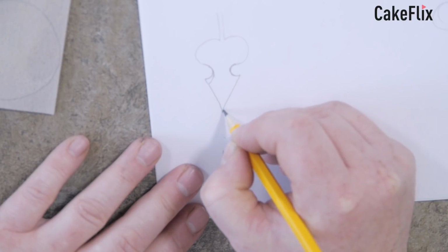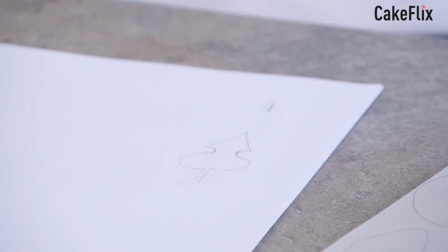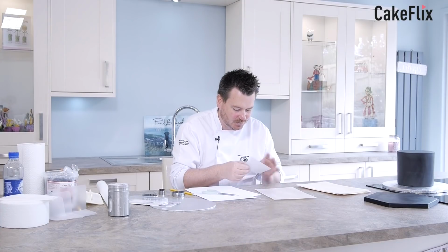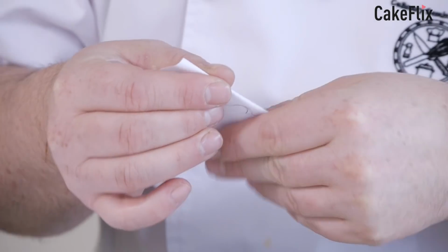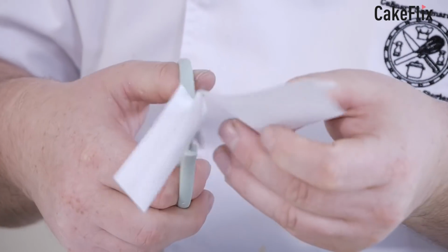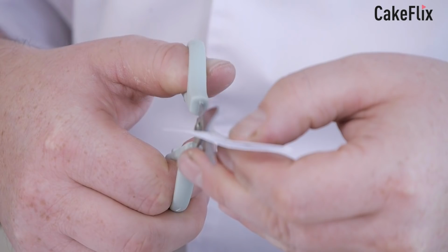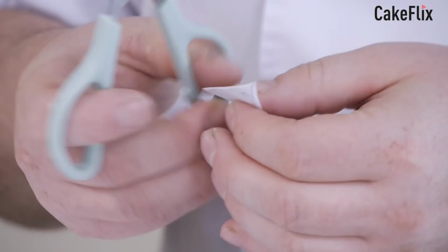Something like that. Okay, so if we get this, I keep tidying things away, I need to stop tidying stuff away. I'll try and draw them. And then what I'm going to do with this is fold it in half, which will give us a better chance of getting a neat template. I'll just cut around it to make it easier. Okay, so let's start with the peak first. So we'll go around to there, and then if we cut